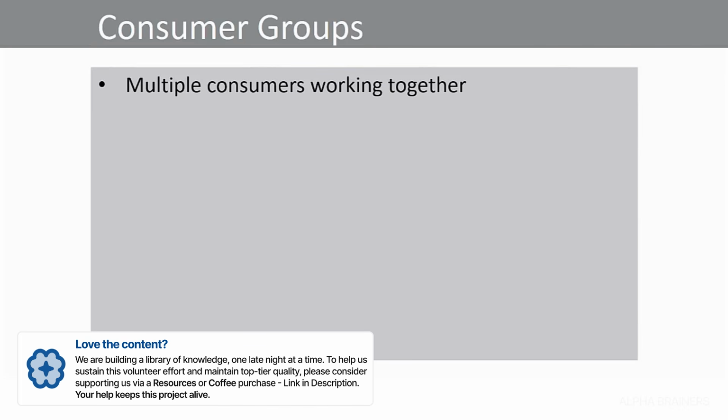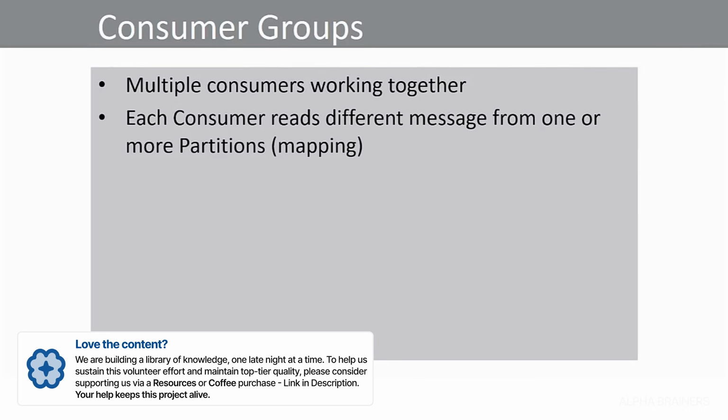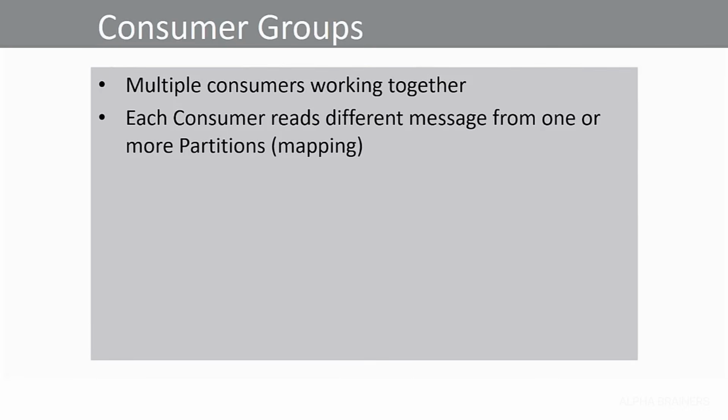Now, one topic we haven't talked too much about yet is consumer groups. The idea behind this is you might have a situation where a consumer has to read a massive amount of information, and it's just too much for that one consumer to handle. So multiple consumers can read from a topic. They can share the load between one another. Each consumer is going to read messages from one or more partitions. Because of that, when you put together your partitioning scheme, you need to think about how many consumers you'll have in your consumer groups. For instance, if you're going to have 3 consumers,